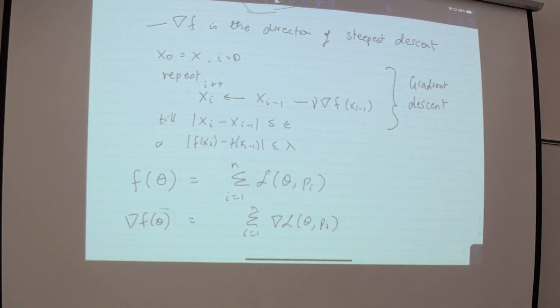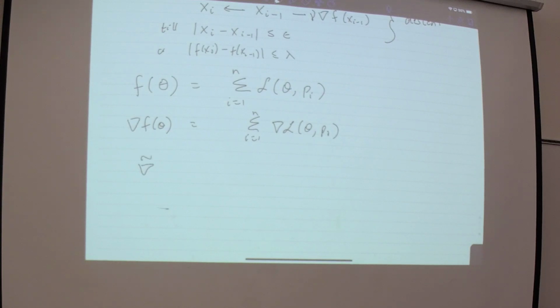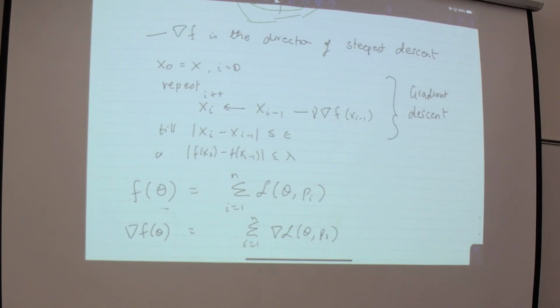So one trick is to say, look, I am not going to evaluate the gradient along every single point for every single evaluation of my data. I'm just going to pick one of them. So instead of actually computing the gradient of f of theta, I compute this approximate gradient. Okay, and I use that in my next iteration. When the next iteration comes, again I have to find the gradient. I don't want to compute it all, so I pick a different i, a different point, and I do it again. And the trick is I pick these points at random. So I choose an i at random. Okay. So in other words, if I looked at my gradient descent procedure,